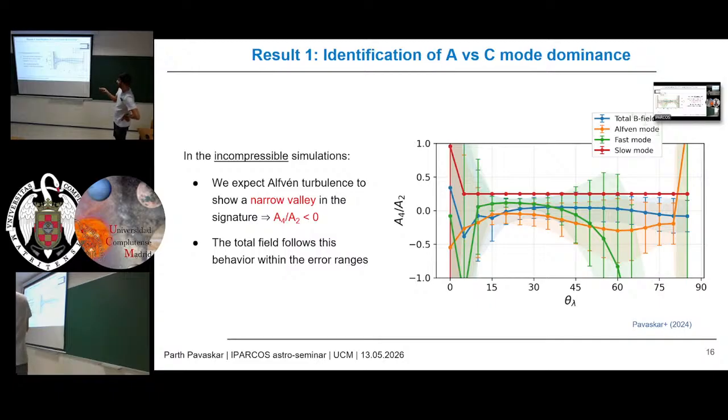So we expect, like I said, in the signature a narrow valley, which means we expect analytically from our fitting function this A4 by A2 to be less than 0. And if you look at the Alfvén mode, which is the yellow, you will see that it is in fact 0 for all the magnetic field inclinations, while the simulation itself is close to 0. It's negative in some cases, but not in all cases. But given the width of the